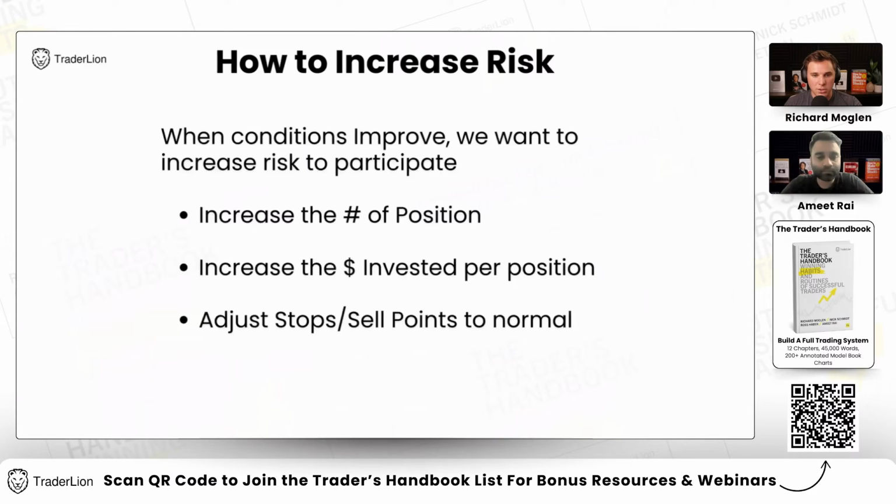Right. Anything else you want to add here just to sum everything up? And then next we'll get into setting stops and guidelines for both swing traders and position traders. We'll tie a lot of this into market cycle as well.